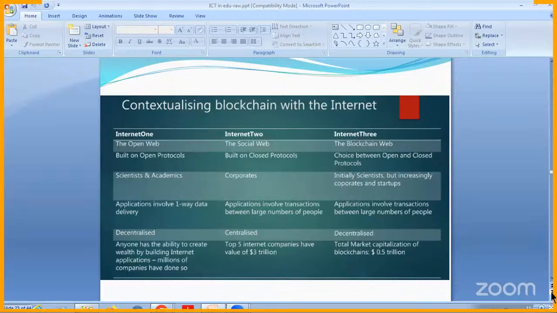Then we are now in the third generation of the web, what we call Internet 3.0. Now, Internet 3.0 is basically the blockchain web. Now, the blockchain web is such a thing which supports both open and closed, because we want something to be open and we want something to be closed also. This again has bilateral communication possible.